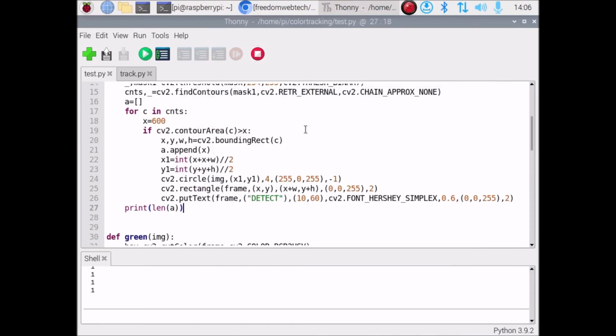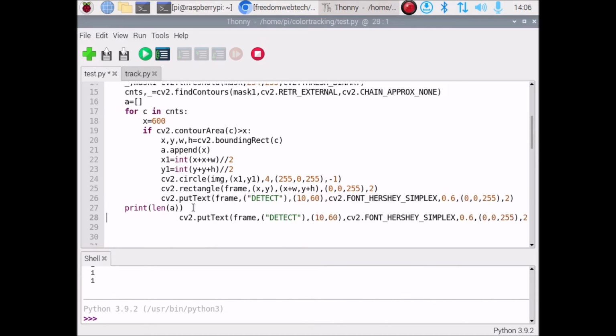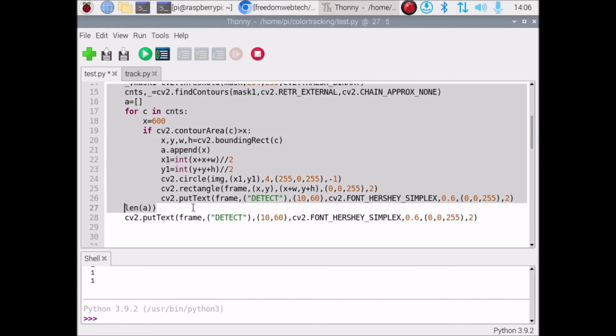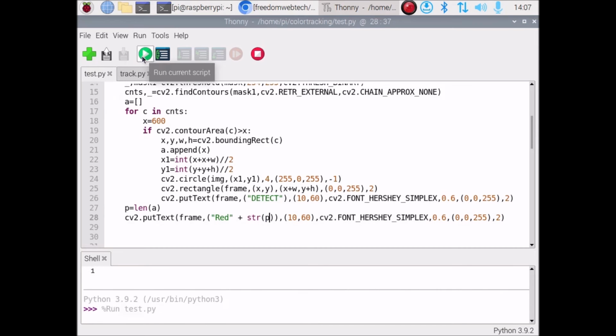Now we are going to create a put text method. Just copy it and paste it over here. Make it in line, and then we are going to change this print with a variable. So let's say P is equal to length of A. Then this detect we are going to change to the color name, so red. This one is for red, and then we mention plus str, and inside that we pass our P. So if I save the code and run the code,